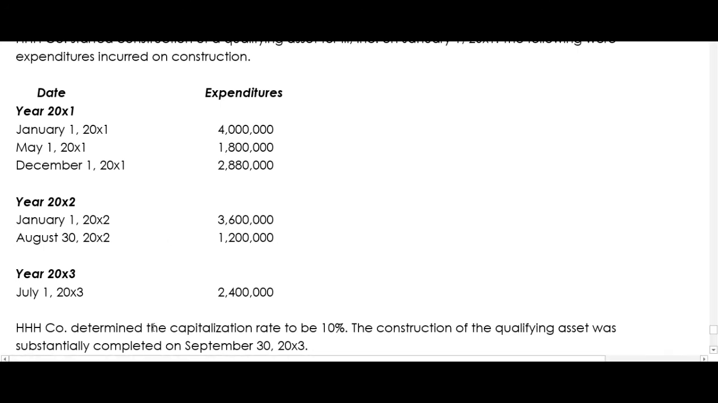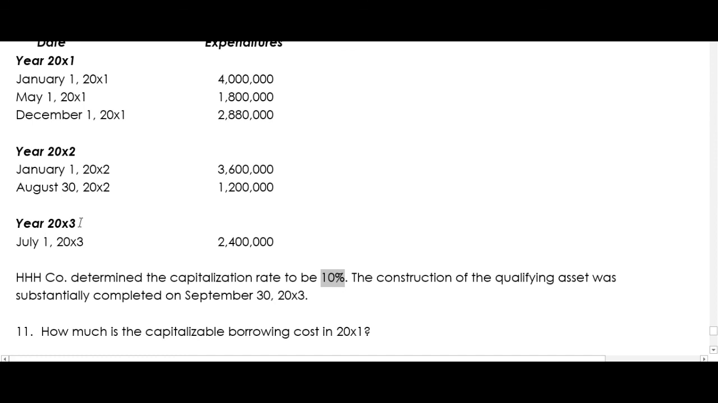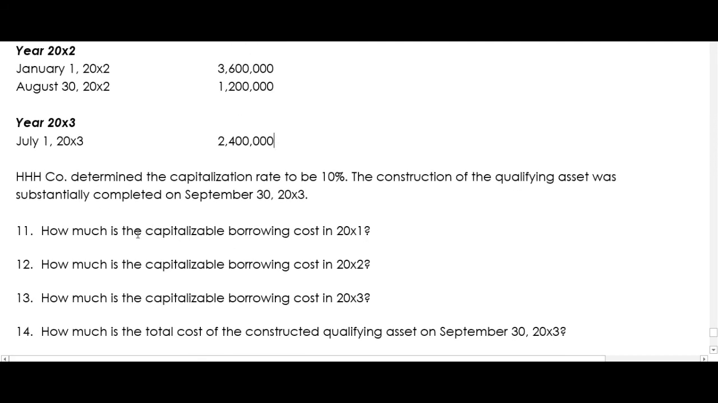Binigay naman na to yung capitalization rate na 10%, so wala na tayong kailangang problemahin. Ang gagawin na lang natin, computein yung weighted average expenditure, i-multiply doon sa capitalization rate. Okay. Tapos take note yung 20x3 natin, nag-end na siya ng September. Okay. So first muna, so ito yung mga tanong, magkano capitalizable borrowing cost ng 20x1, 20x2, 20x3, and the total cost of the constructed asset. Okay, so mag-start tayo ng